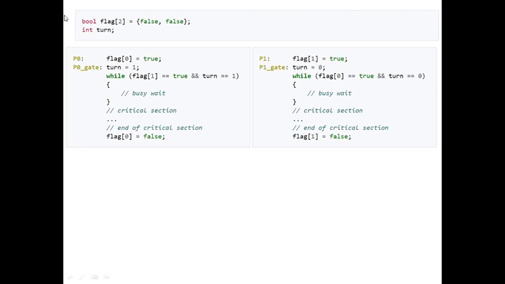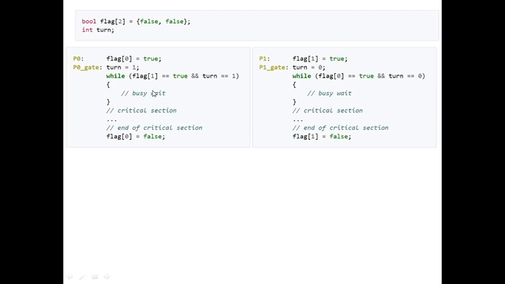Next, it changed the turn to the other process, which we already noticed in the previous slide, that each process changed the turn to the other process. So turn is 1, and after that it will evaluate whether flag of 1 equal to true, that is the flag of the other process is true, and also turn equal to 1, which means the other process is both willing and it has a turn, then it will get into a busy wait. So it won't enter into the critical section, instead it will get caught in the busy wait.